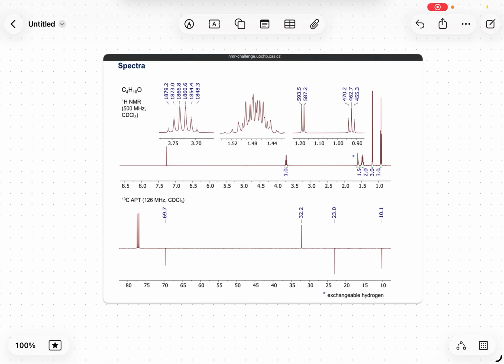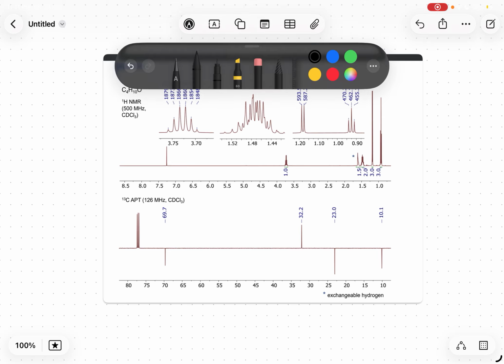Hey guys, let's take a look at how to do task 2 of the NMR challenge. So here we're given again the molecular formula, the proton NMR, and the 13C APT. So let us do